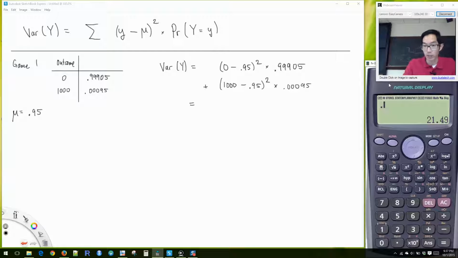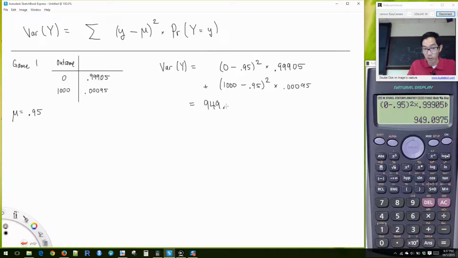So I do parentheses 0 minus 0.95, close parentheses, squared, times 0.99905, plus parentheses 1,000 minus 0.95, close parentheses, squared, times 0.00095. And I hit enter, and I get a variance